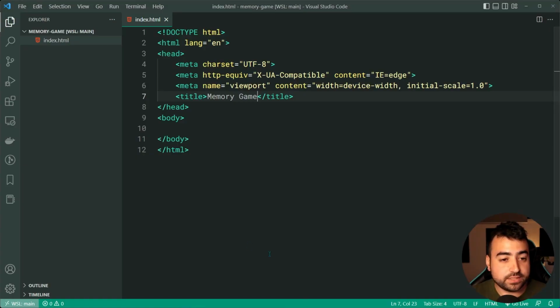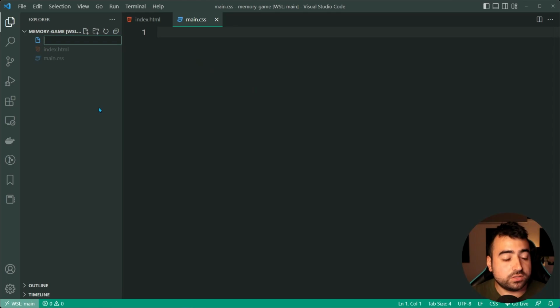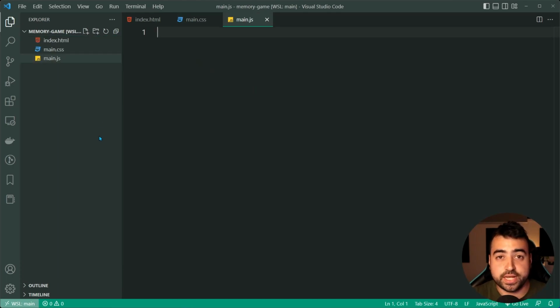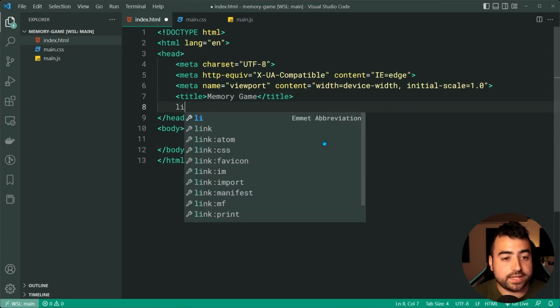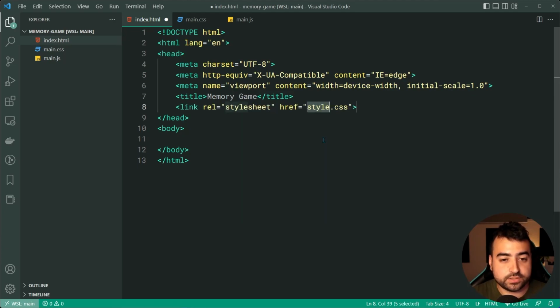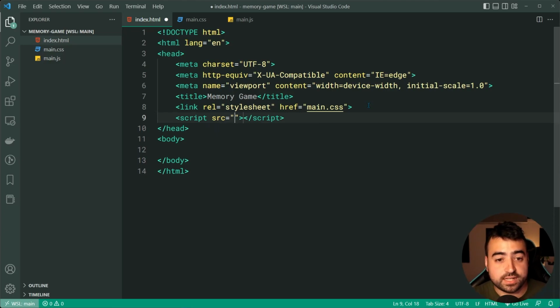So going inside VS Code, I've got this index.html right here. We're going to begin by creating the CSS and JavaScript file required for this memory game. So let's go inside the sidebar right here and make a new file called main.css, and the same goes for JavaScript, main.js. Now, to include these files in the index.html, of course, going to go inside the head here and make a new link for CSS going to main.css, and the same thing for JavaScript source right down below going